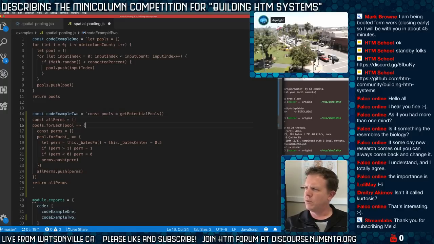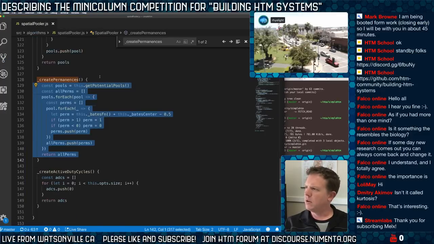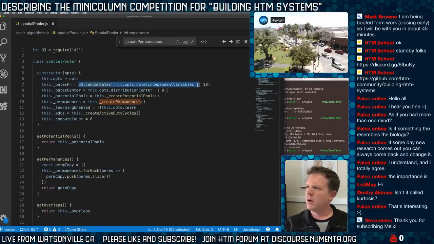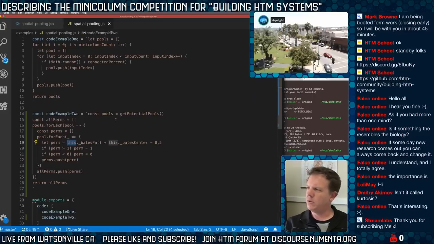This is a code example. So for each, the Bates function, let me look at this again. If I go to this Bates function, we're essentially establishing it using a parameter to the SP that establishes what that kurtosis value is. Got a new word. I love having a new word to use. So I don't think I'm going to highlight this. I'm just going to essentially say, call this Bates, we'll call it random Bates. So we're going to call the random Bates, and